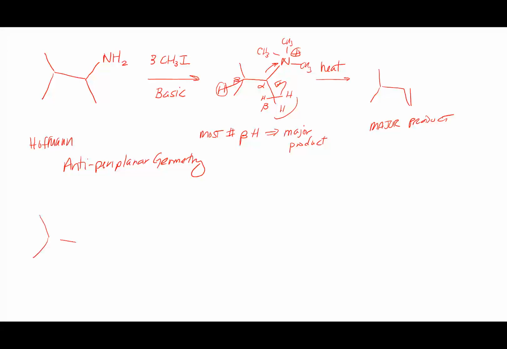The other reaction would be to take that same amine with an NH2, and first of all only react it with 2 equivalents of a methyl halide, again under basic conditions, so that I could put two methyl groups on the nitrogen. And then I'm going to treat that dimethylamine